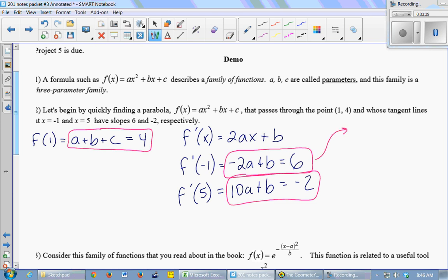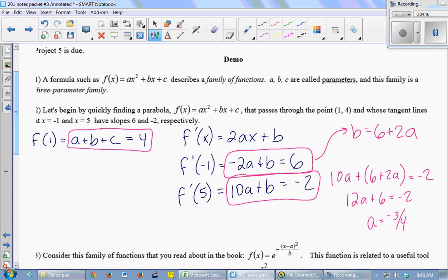Okay, so this equation, if I solve for b, I get 6 plus 2a. Just move 2a to the other side. And then I can substitute into this equation, instead of b, I can write 6 plus 2a. So now I'm going to have 10a plus 6 plus 2a equals -2. And now I just have an equation with a single unknown in it, just an a. So this would be 12a plus 6 equals -2. And so 12a is -8, so a would be